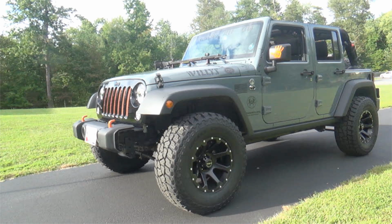Looks great on Jeeps, looks great on Land Cruisers, which is good enough to get it to number 2 on the list. The Mickey Thompson Baja ATZ. Or Z if you're in America. And there has to be number 1